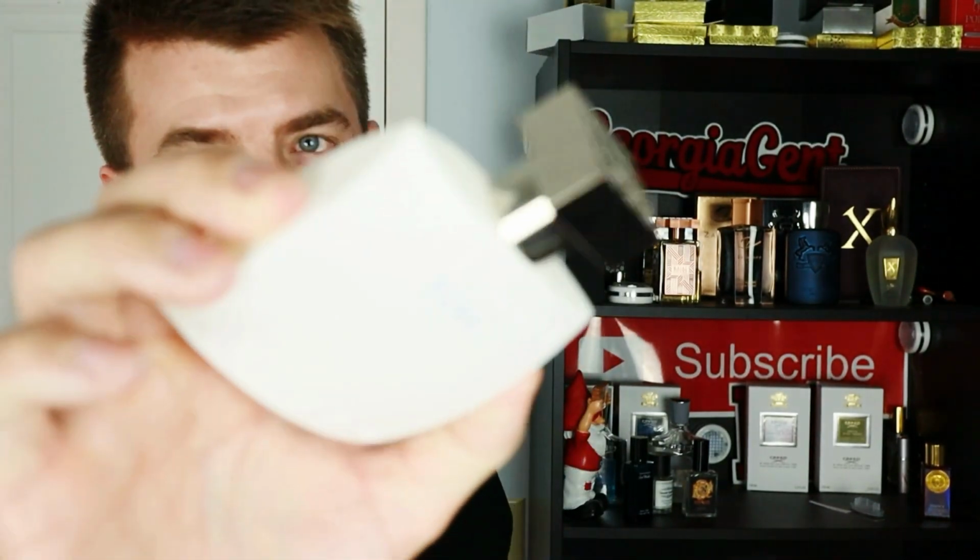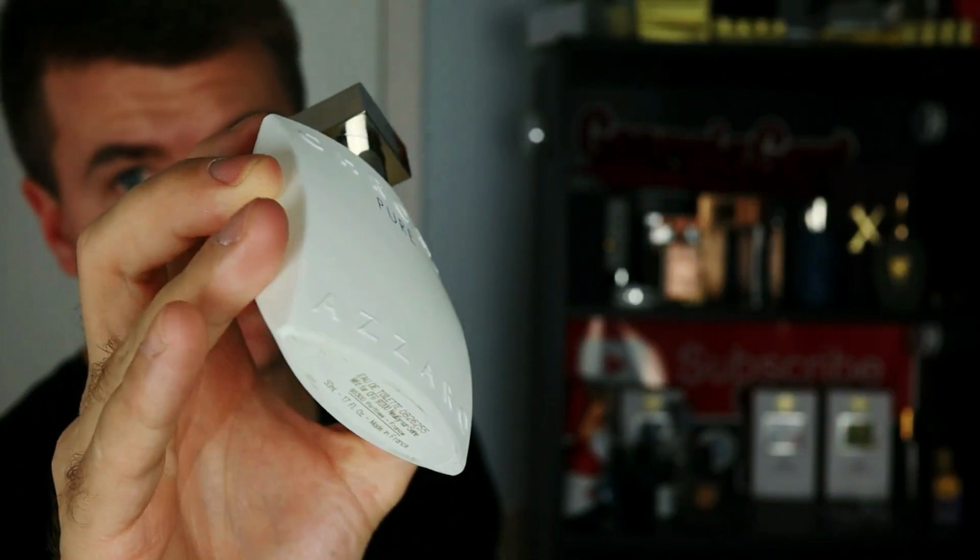Now, next is gonna be a flanker of a fragrance that I should have gotten a long time ago, but I kind of waited on it until I saw it at a rack store and pulled the reviews while I was sitting there and picked this one up. This is one that has kind of fallen back in my collection, but when I saw it, I'm like, oh, why am I not wearing this? That fragrance is gonna be Chrome Pure by Zara, which is significantly better than the Chrome Extreme that came out